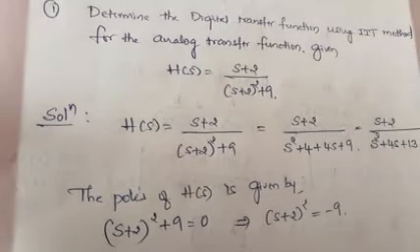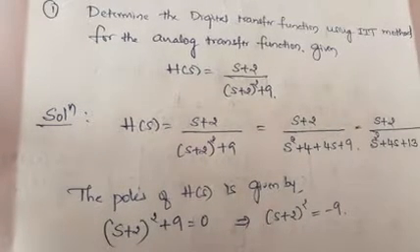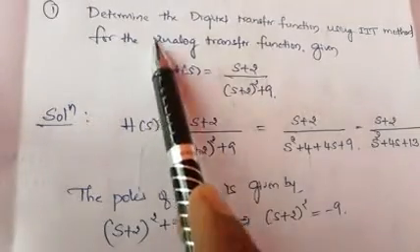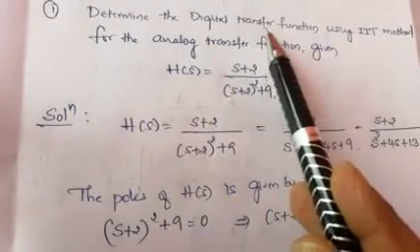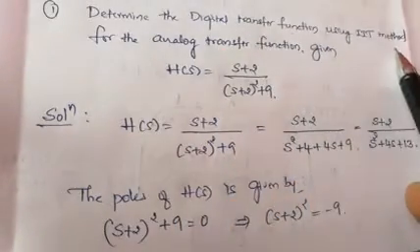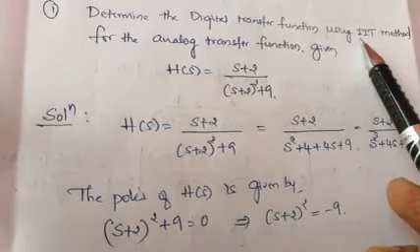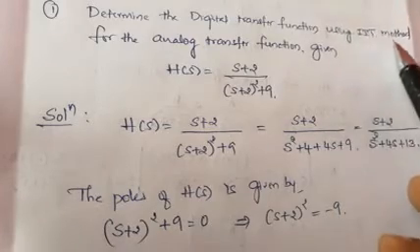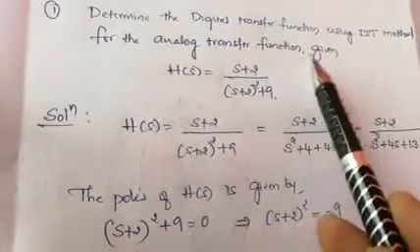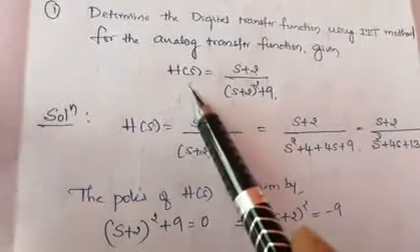Yes, friends, we'll discuss the next example on impulse invariant transformation. Determine the digital transfer function using the IIT method. IIT method, as you know, is the impulse invariance transformation method, for the analog transfer function as given below. In this case,